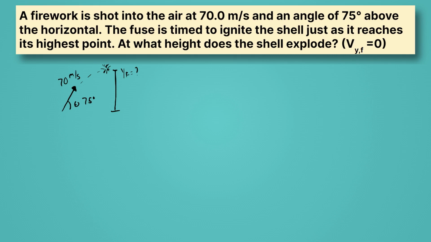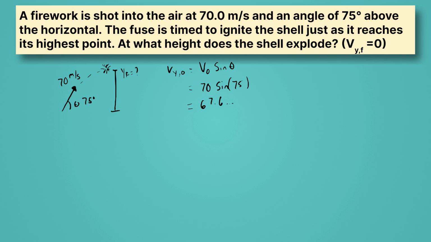And now what we're going to do is to split up our velocity into its components. In this case, because the problem is asking all about the Y direction, we're going to solve for the Y component of velocity. So remember that that's equal to the entire velocity times sine of the angle. So in this case, we're going to have 70 meters per second times sine of 75. That should give us